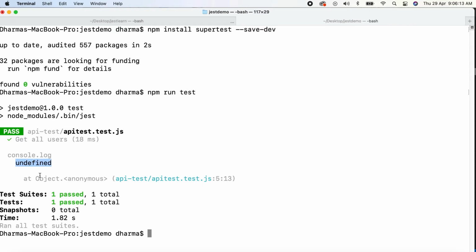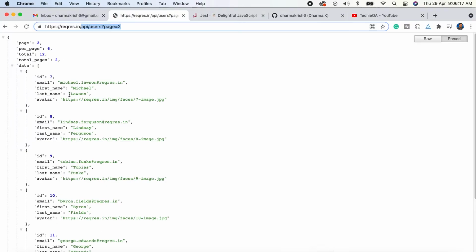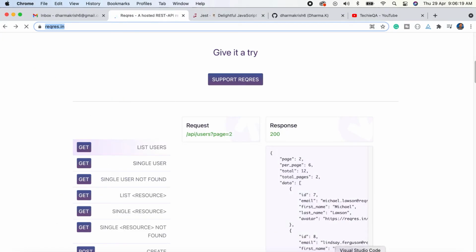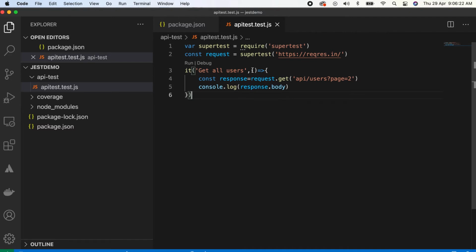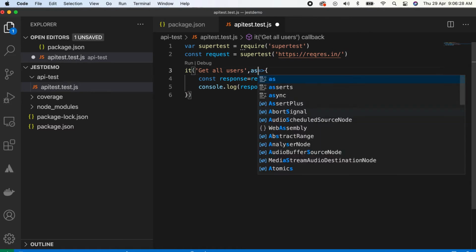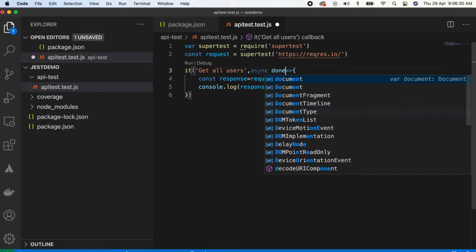Okay, fine. Why it's undefined is that the API is right, but we need to wait till we get the response. So we need to make this function async. Then it will be fine. Got it? So just do async, done.